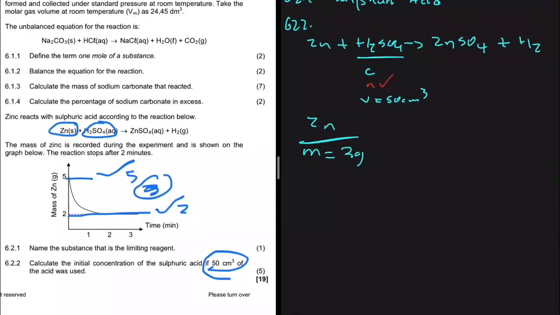If we have the number of moles and we have the volume, we have the concentration, and we are done with our problem, right? So let me show you what I'm talking about. Now we say that the number of moles is equal to the mass divided by the molar mass. So what is the mass? The mass is 3, right? And the molar mass of zinc, that is 65. And when you punch that in your calculator, you should get